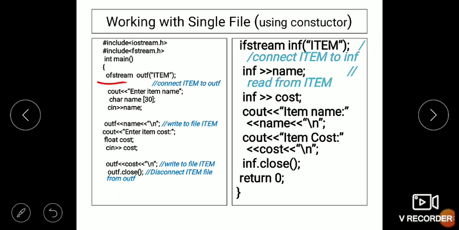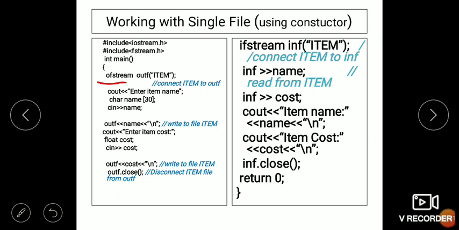That means we have created an ofstream object outf, and along with that we have passed the parameter item. That means now onwards the file output stream ofstream object outf is connected to the item file.